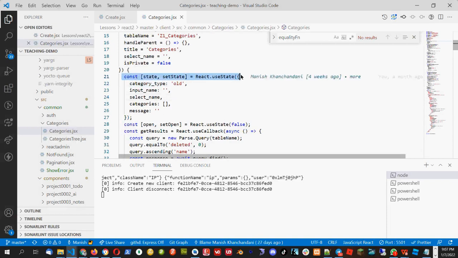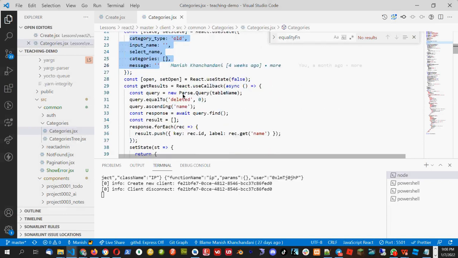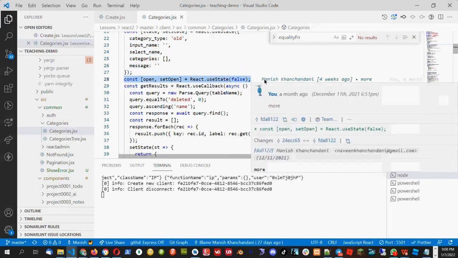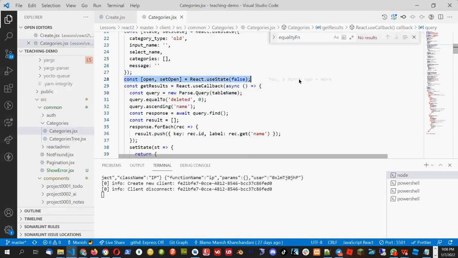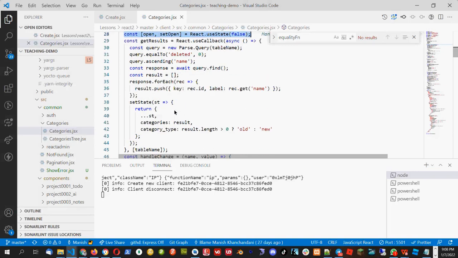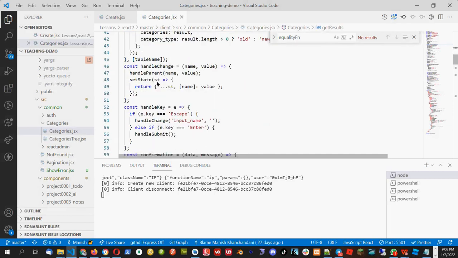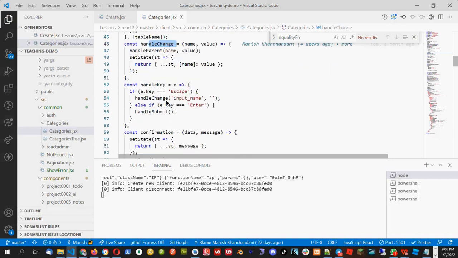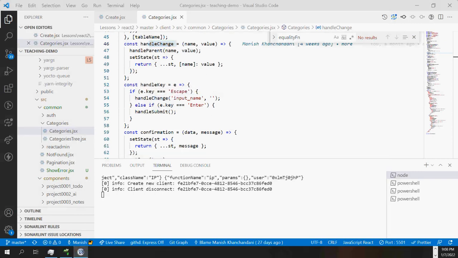So I created this state, which is the internal state for the category and will handle all the state things. This open and set open is for the snack bar thing. Don't worry about this snack bar right now. In the get results, I get all the category listings. Whenever someone changes the category field, I use handle change. Whenever someone presses enter,